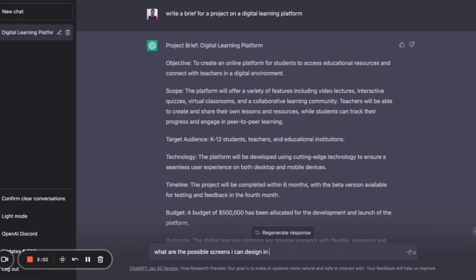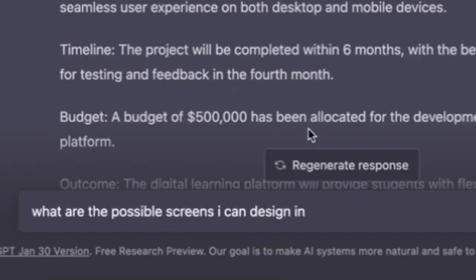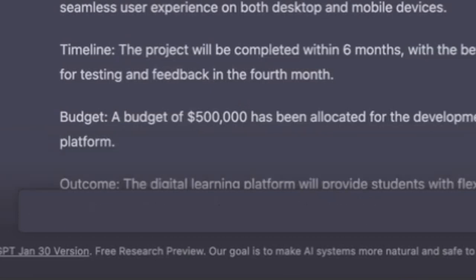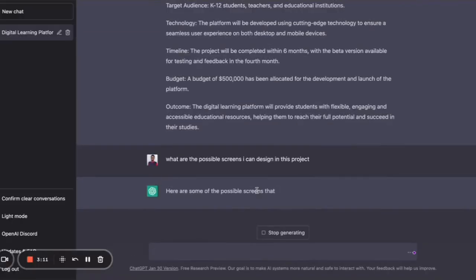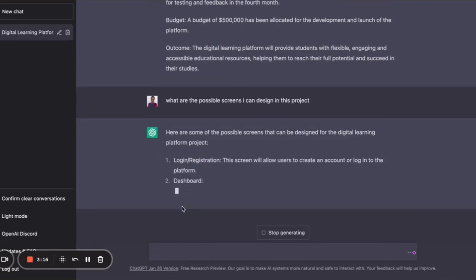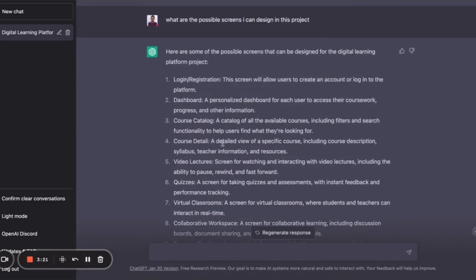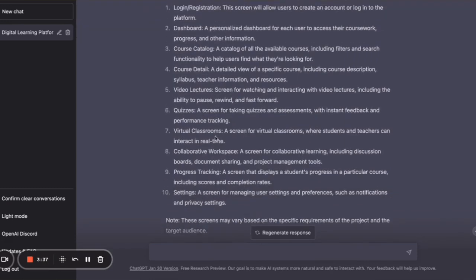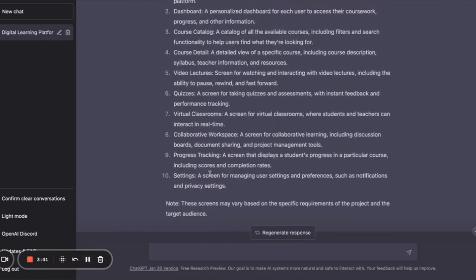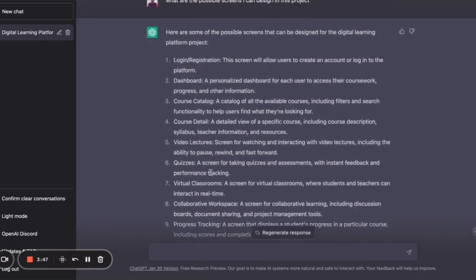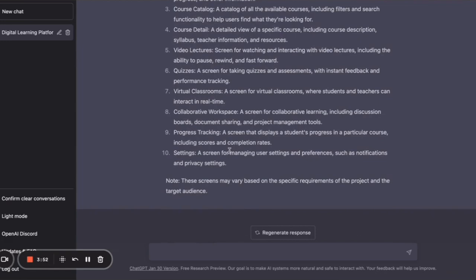Great, and that's done. Next, to know how many screens will be needed in your design, you can input what are the possible screens I can design on a digital learning platform, and since it recognizes the previously asked question, you can include in this project. So this is awesome, right? We can't create all these screens on this video, so we would be creating the fundamental ones like the login/registration